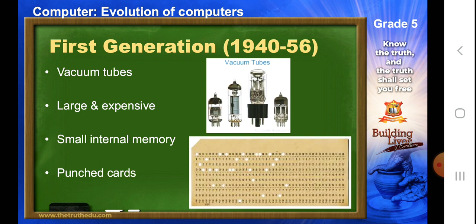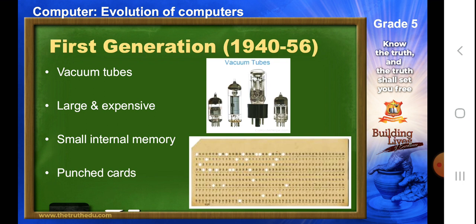Now we're going to talk about first generation computers. The first generation computers used vacuum tubes. You can see the picture here of the vacuum tubes, and they were very large in size, very expensive to operate. Why expensive to operate? Because it used a lot of air conditioning system to cool itself. There was so much electricity which was required. There was so much backup which was required. At one point of time, there were so many engineers working on it.